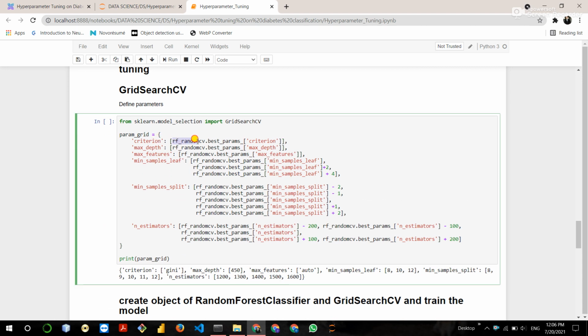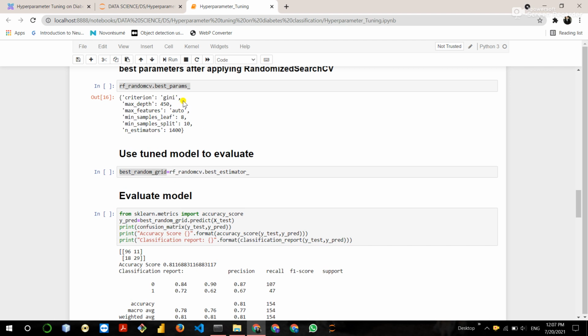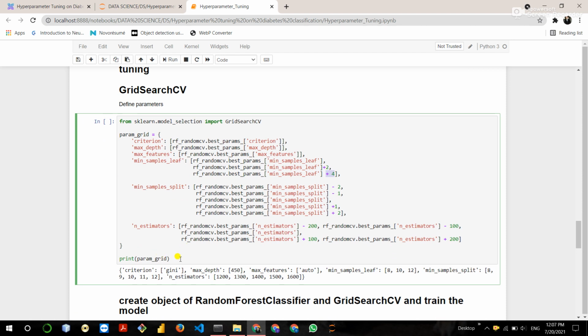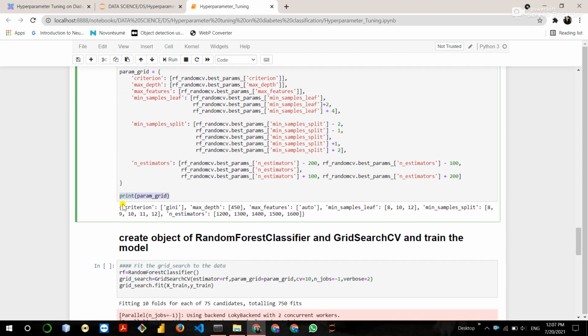So we take rf underscore random cv, which is our previous model, dot best params, meaning these parameters, of criterion. Now you see here min sample split, rf underscore random cv dot best underscore params underscore min sample leaf. We take this parameter and we take this parameter with adding 2. Same with adding 4. Okay, then simply it's a dictionary.